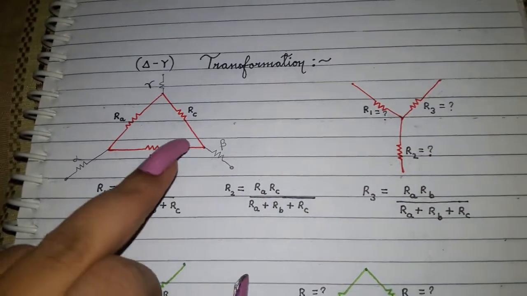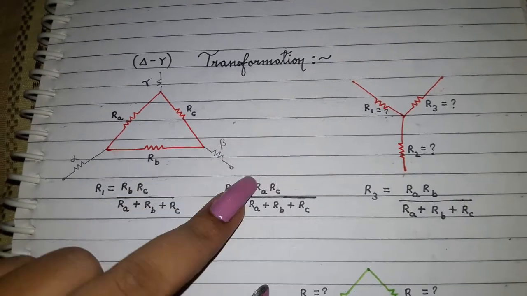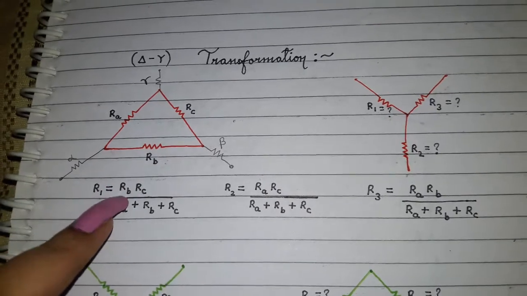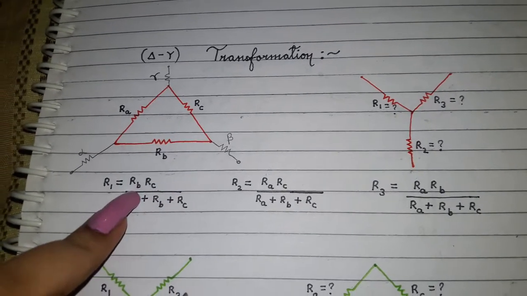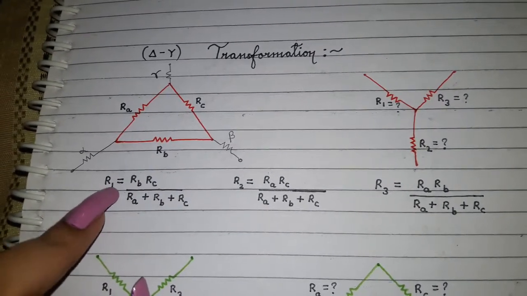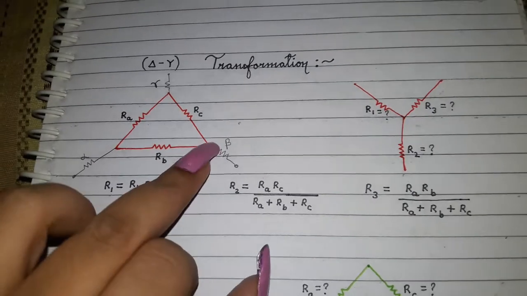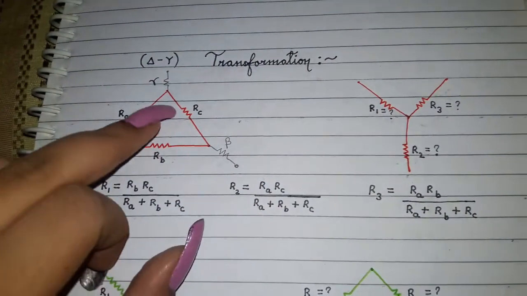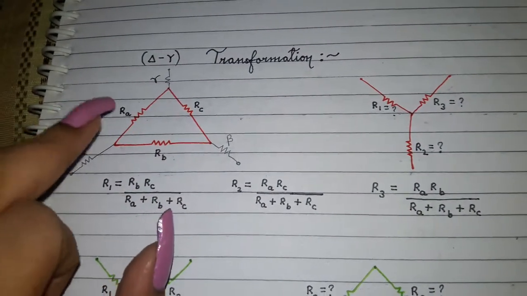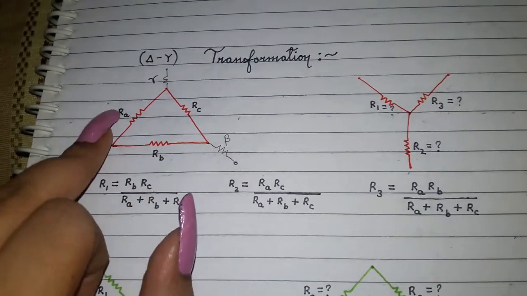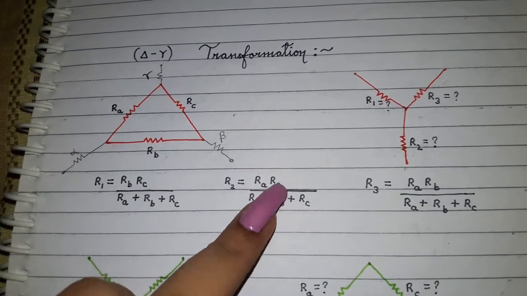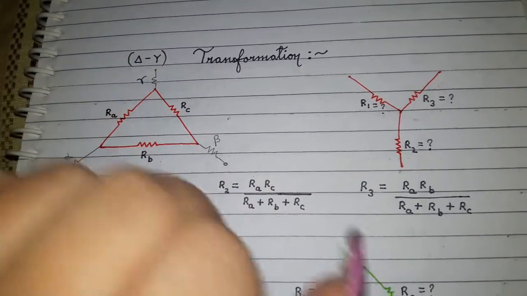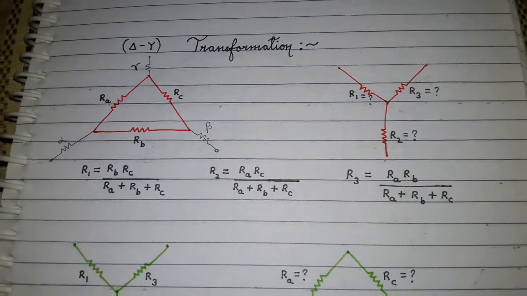Now we take the beta. Beta is connected to RC and RB. As you can see, RC and RB are over here, so this beta will be connected to R1. Now you can see gamma is connected to RA and RC. RA and RC are over here, so this will be connected to R2. Your gamma would be connected to R2 and the circuit would be,